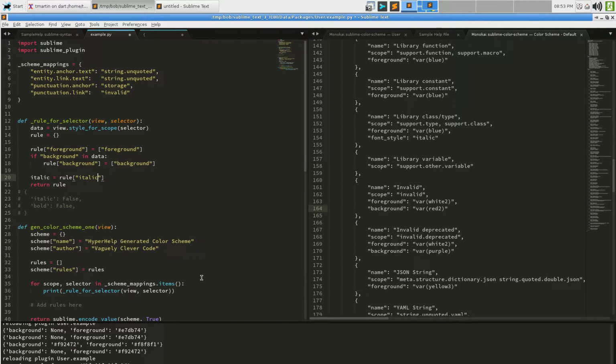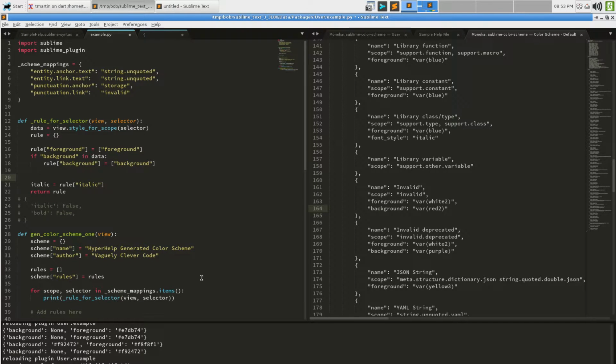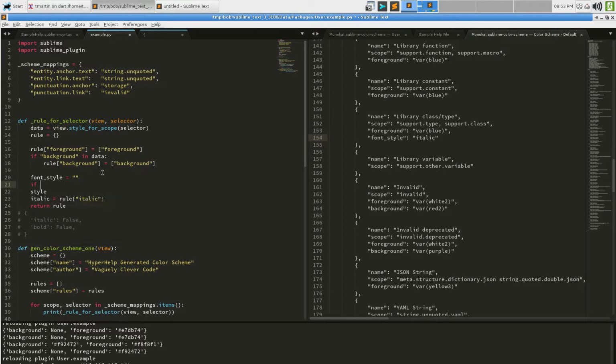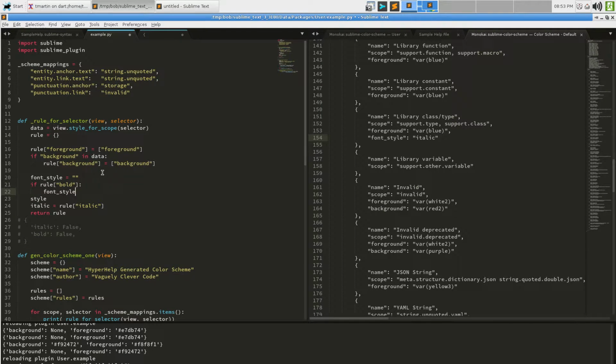So we're going to call that rule italic. No. Let's say this, oh, what's the actual key called? Font underscore style, is that what we discovered? Yes, okay. Font style is just an empty string. If rule bold, then font style plus equals bold, like so.